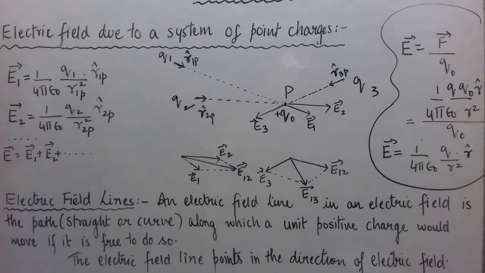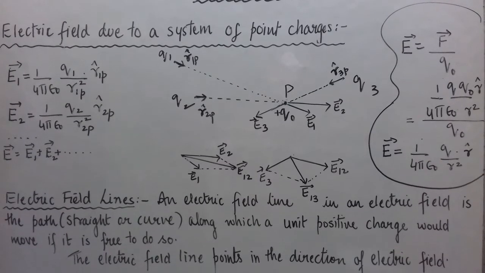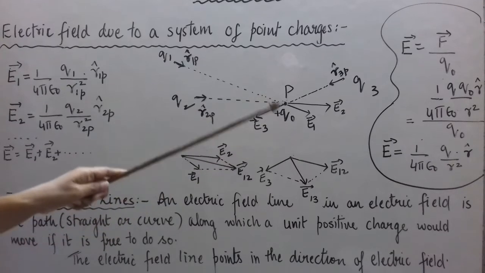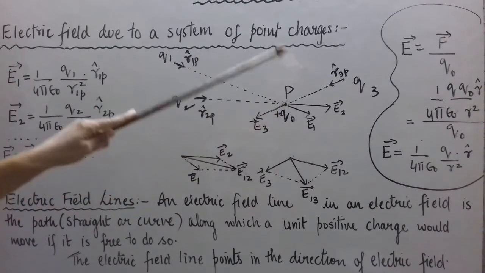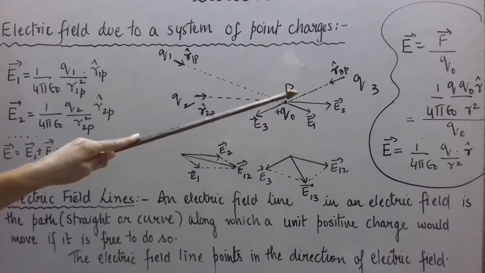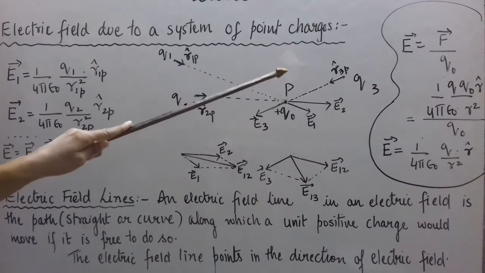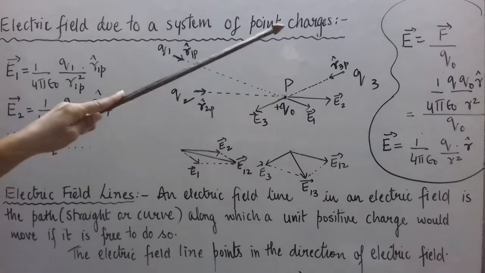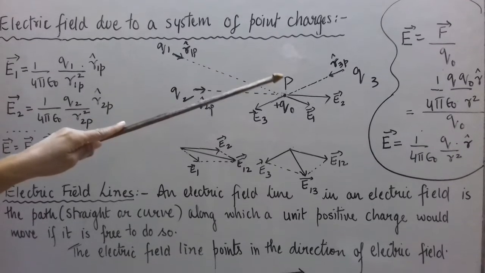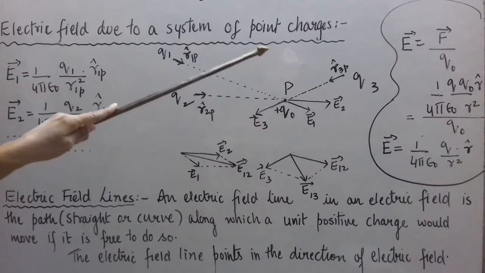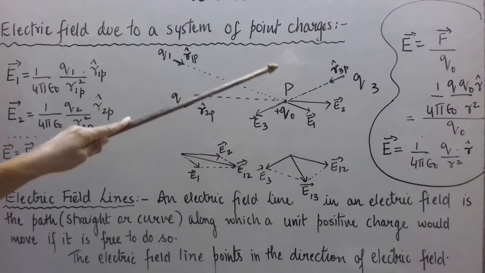Now we know that electric field is also called electric field intensity or electric field strength. So recall the expressions that we had derived. Suppose F bar is the force experienced by charge plus Q naught, which is a test charge at any point in the field of charge Q. Then F bar upon Q naught is the force experienced by unit positive charge, and that is nothing but the electric field value or electric field strength E bar at that point.